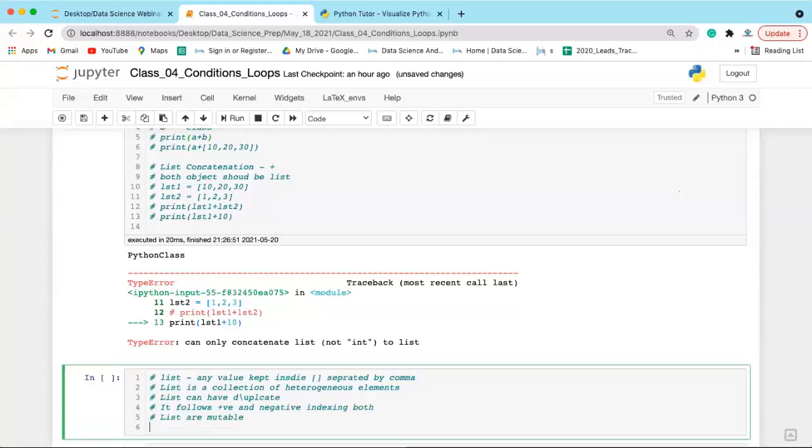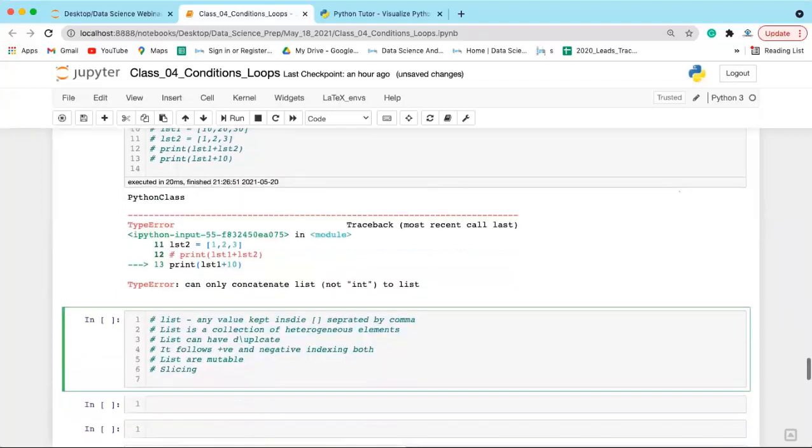You can modify the list and you can perform the slicing operation also. You can perform slicing on strings also. Tuple is similar to the list. The only difference is tuple is immutable and you keep the values in small brackets. We'll be coming to that later.